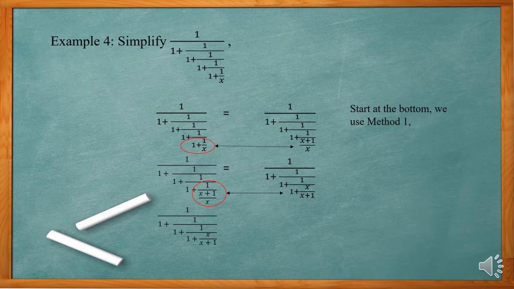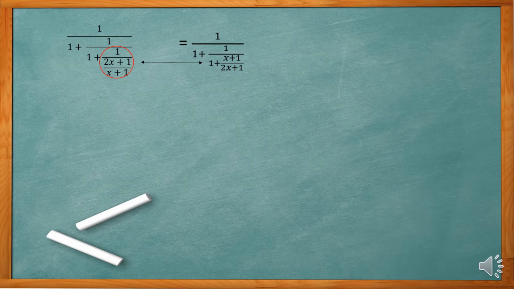And then I proceed to adding the 1. So 1 plus x over x plus 1, it is still adding a rational expression. So the answer would be 2x plus 1 over x plus 1. Let's go up. So this 1 over 2x plus 1 over x plus 1, the rule of division, which is to reciprocate the denominator, then proceed to multiplication. So the answer would be